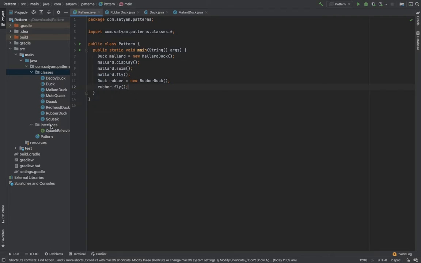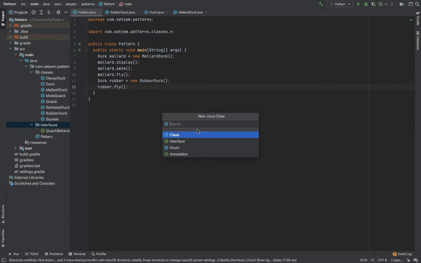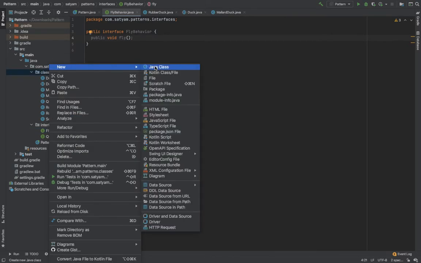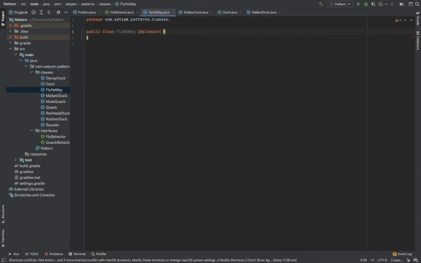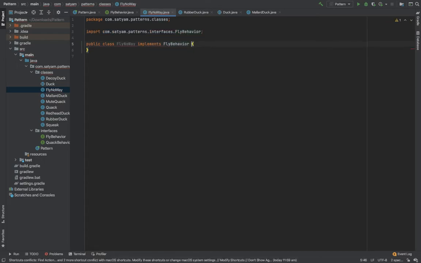Okay, so program to an interface, so we are using an interface and separating out this fly behavior. So I'm using this FlyBehavior interface and defining a method fly. Now there are different kinds of flying behavior which can implement this FlyBehavior. The FlyNoWay class will implement FlyBehavior. We have to override the fly method defined in the interface,